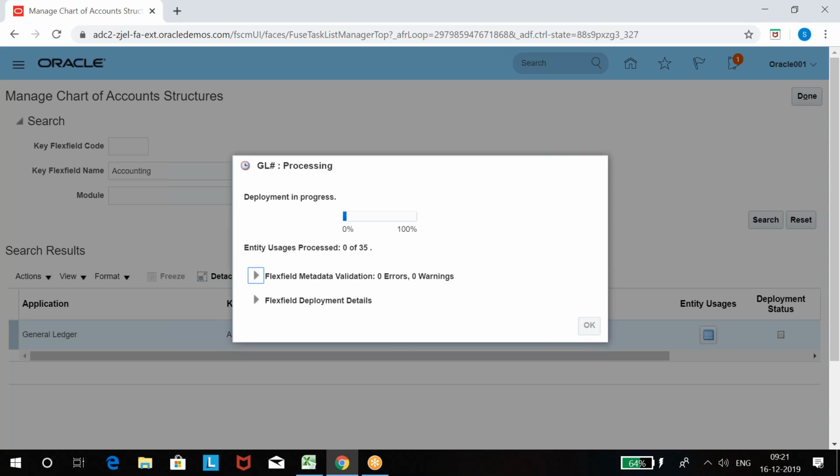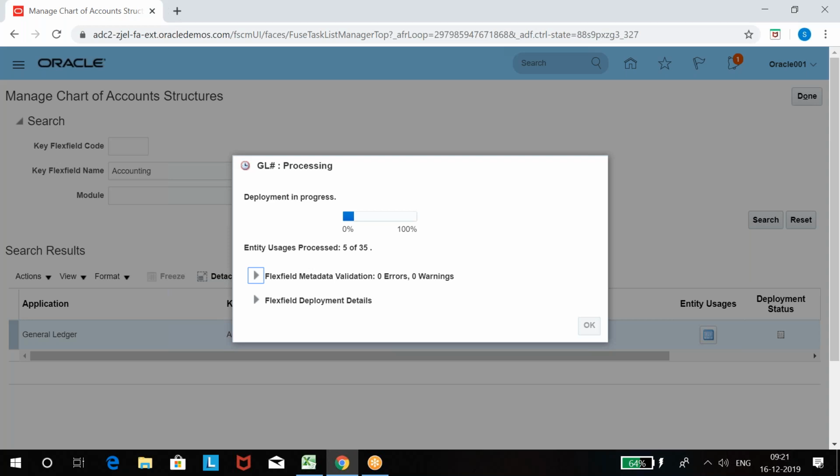See, when you deploy this flex field, deployment is not only for your single chart of account. It does for the entire application. I mean, it does for the flex field complete. Under one flex field, we have hundreds of chart of accounts, right? It check all chart of accounts. Anywhere a problem is, then system throw error. Remember, anywhere system find a problem, then system throw error.